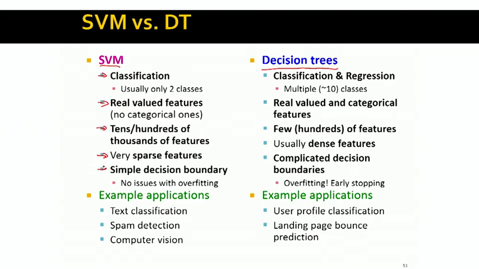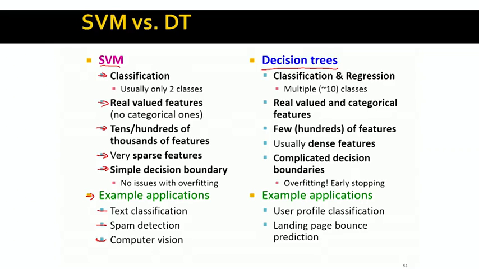And what is nice about SVMs is that they have a very simple decision boundary. What we talked about is a simple linear decision boundary, which means it's very hard to overfit. So example applications for support vector machines are text classification, spam detection, cases in computer vision where we are doing classification, and so on. On the other hand, decision trees are, in some sense, building much more complicated